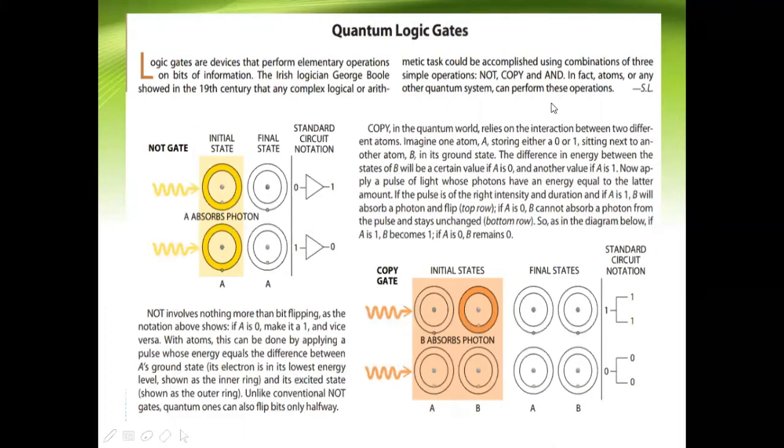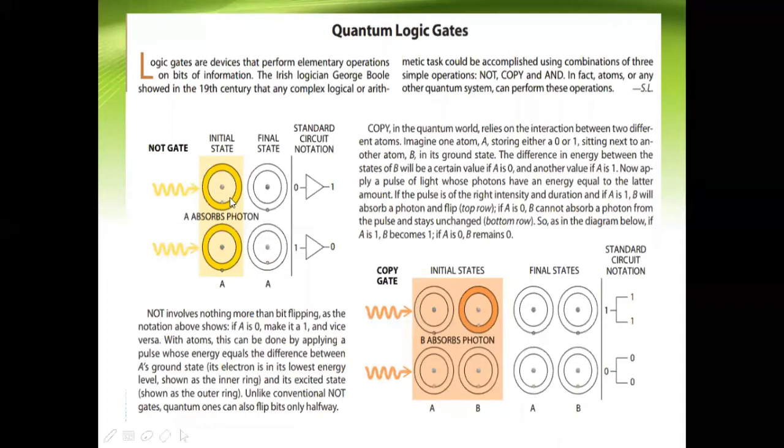So here you can see a NOT gate. The NOT gate is the entry gate where the light, that is a laser beam or any light energy, goes through the NOT gate and triggers the atom. This is the atom, like a hydrogen atom. In the initial state, the hydrogen atom will have its electron in the first shell. When light falls on it, absorption of a photon takes place. Photon is light energy.